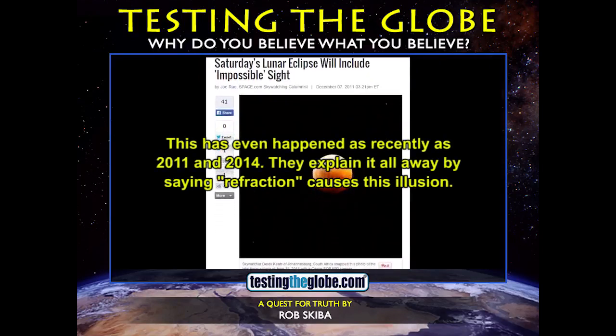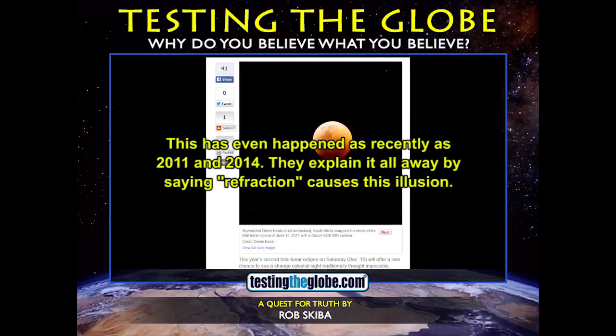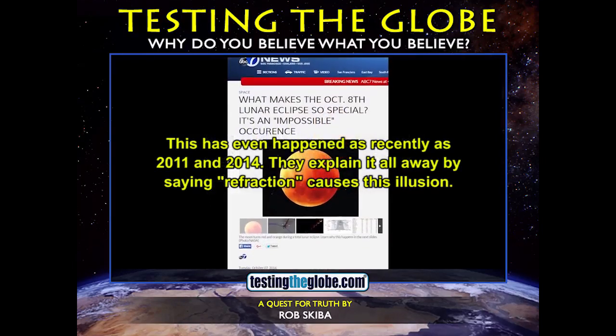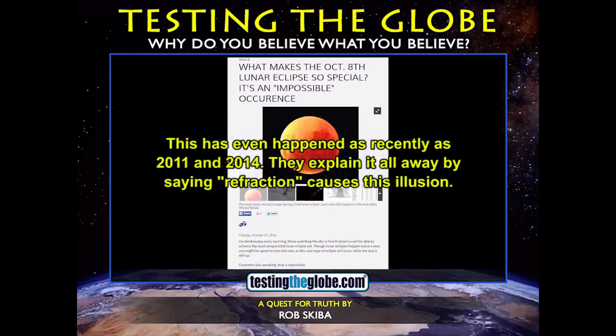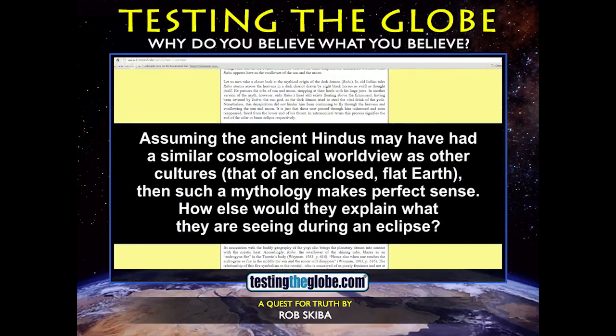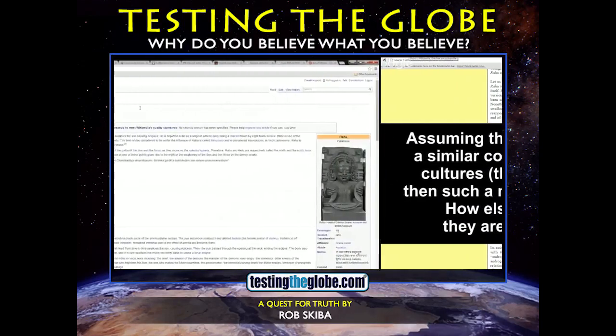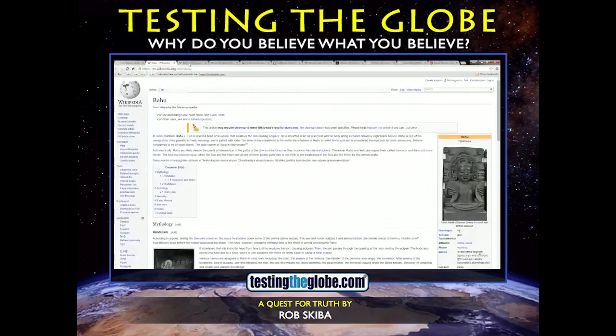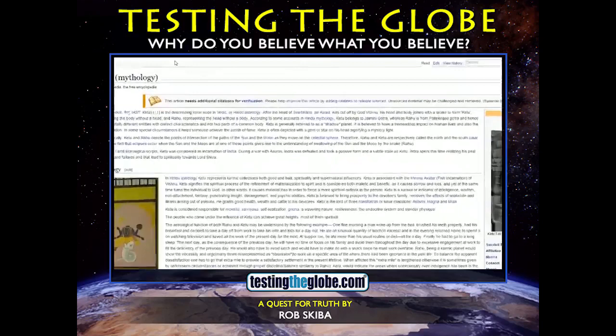So, when I looked at that, I saw that many ancient cultures believed that there were other dark orbs or dark objects or invisible objects that were also part of our system. And the Hindu version of it was particularly interesting to me. Rahu and Ketu were the 2 entities that they named as the ones that were responsible; they were decapitated heads, interesting, I used that earlier, that would try to swallow up the moon.